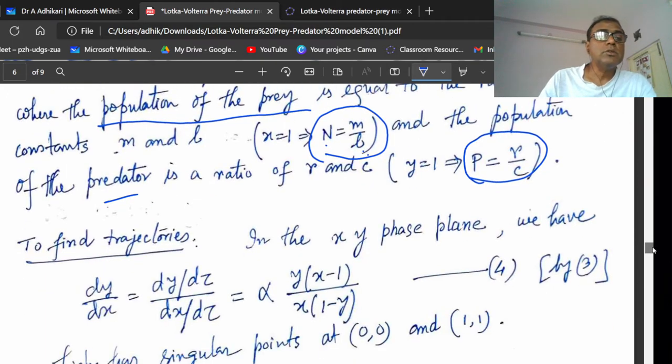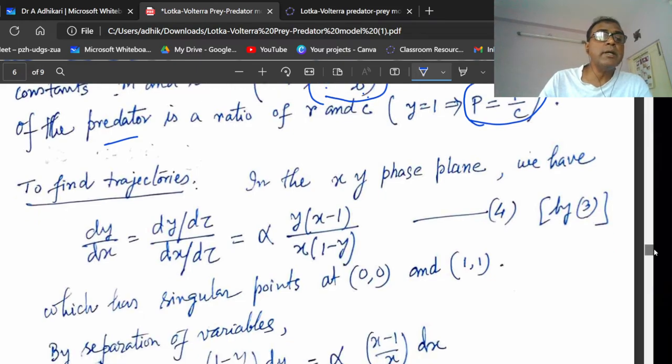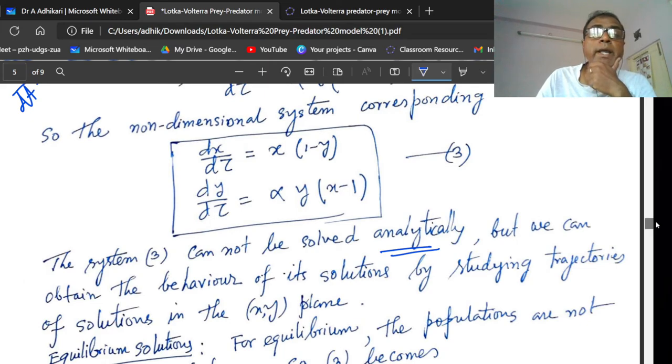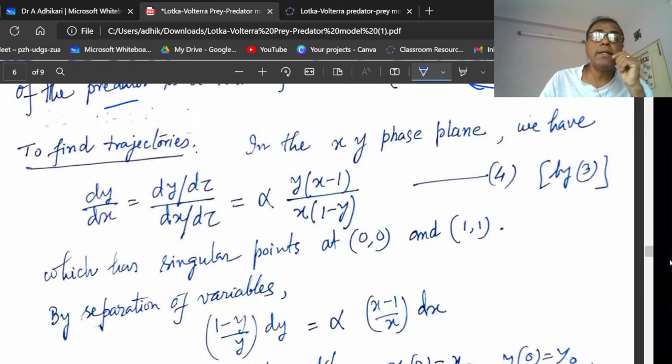Now we want to find the trajectories in the xy plane. For that, dy/dx is equal to (dy/dτ) / (dx/dτ). So from equation 3, dy/dτ equals α y (x minus 1) and dx/dτ equals x (1 minus y). Put this in, and we get equation 4, dy/dx equal to this, which has singular points at (0, 0)